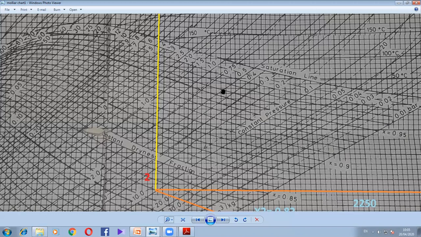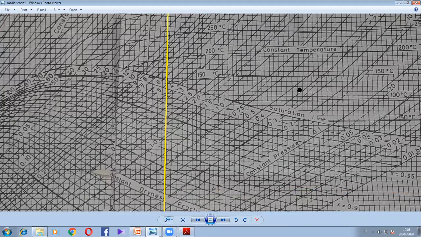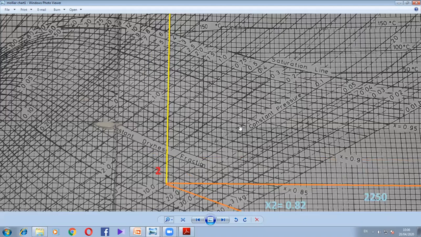Okay, saturated vapor line. So you need to note there are three main important lines which you need to concentrate on. One is the pressure line, as you can see here, 0.1, 0.2, 0.3, 0.4. These are all the pressure lines. It flows like this. Okay, and the temperature line, it goes like this. Okay, and the dryness fraction line. These three lines you need to note.